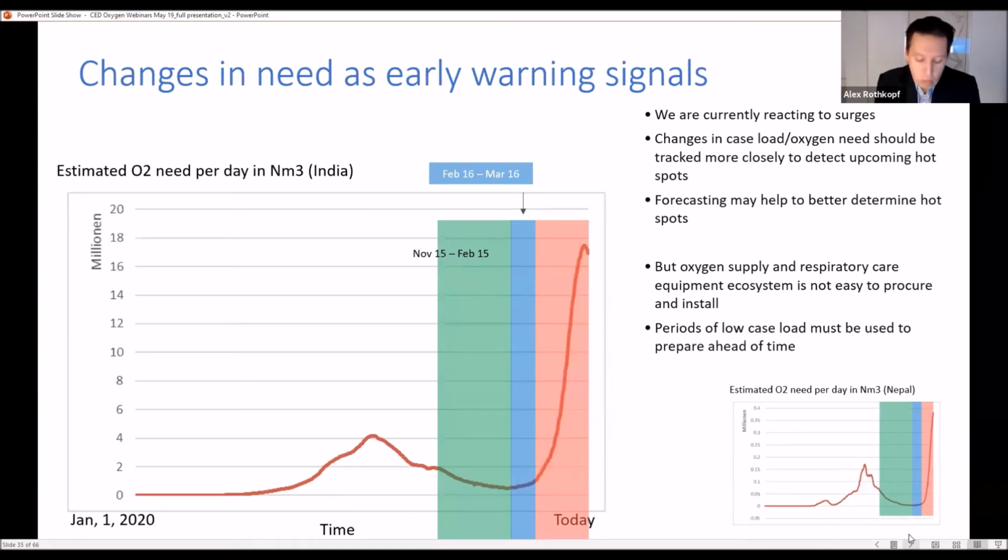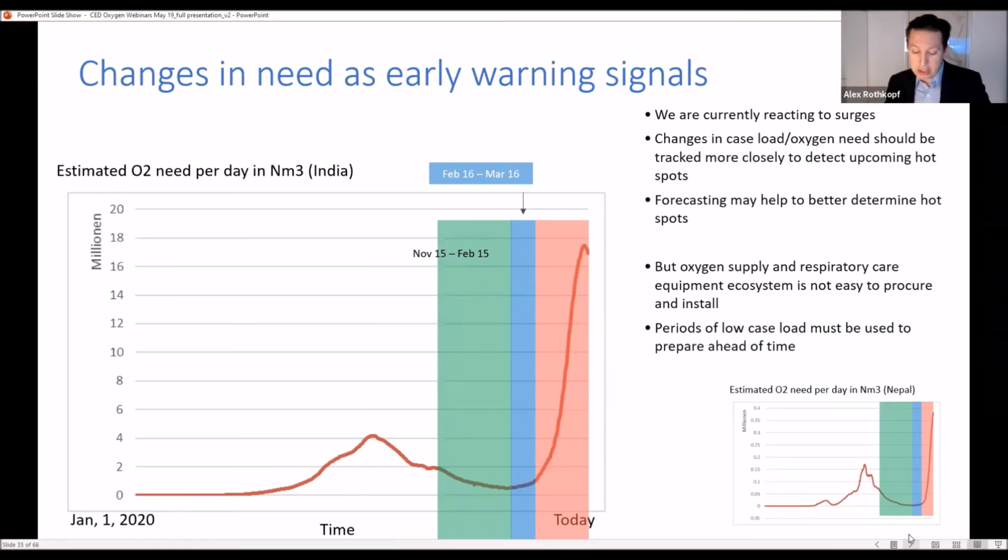Then there is what I would call an uptake phase. I denoted that in blue, and you see that the uptake phase is only a short period compared to the longer period of relaxation, depending on where you start or where you end. Could be, in these cases, something between 3 to 4 months. And then you have like an uptake phase where you start to see more cases. This is the early warning signal where it's not exploding yet, but where we know something is going to happen,